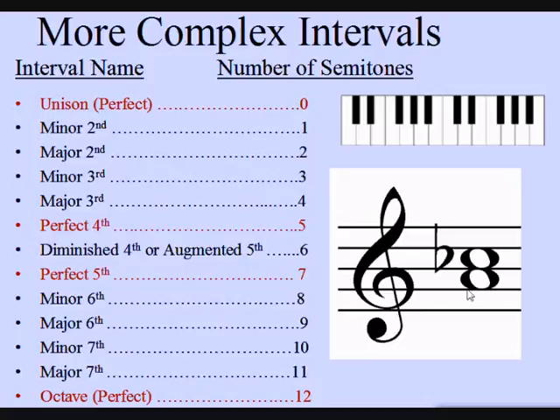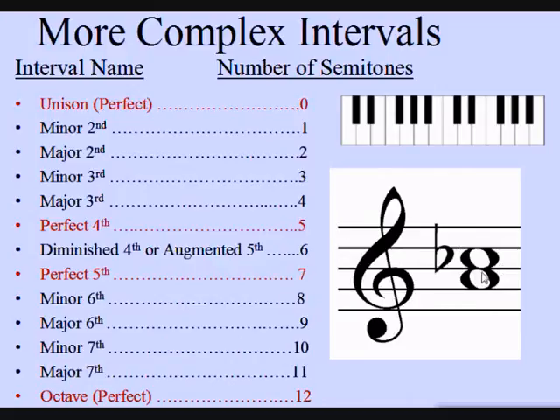For example, here we have an A and a C flat. A is here and the C flat would be here. So if we count 0, 1, 2, there are 2 semitones. Therefore, this is supposed to be a major second. To be honest, if we ring these two notes at the same time, from the oral point of view, it will be a major second. But from the writing point of view,